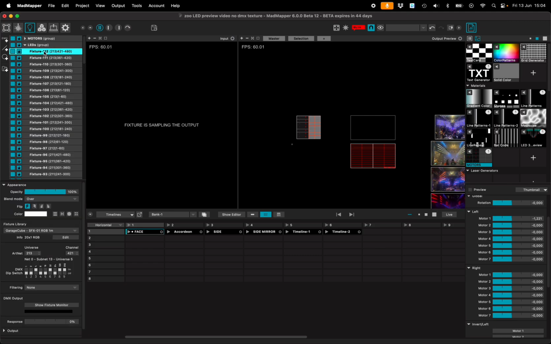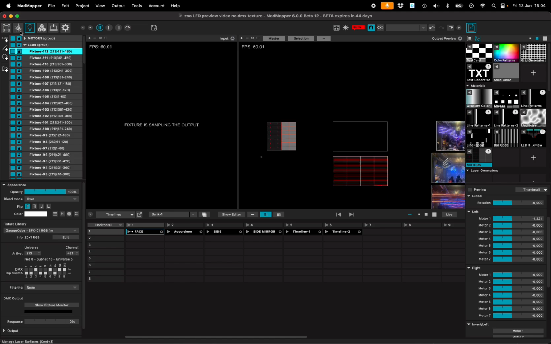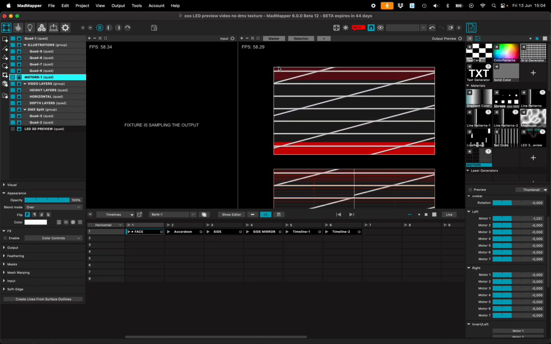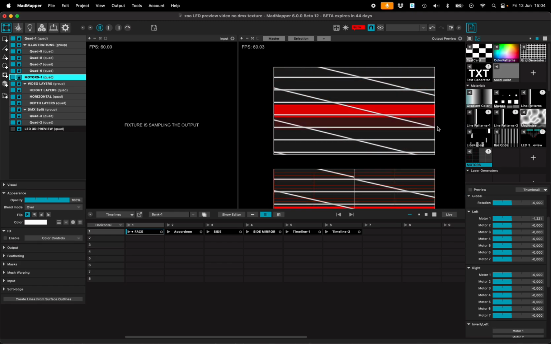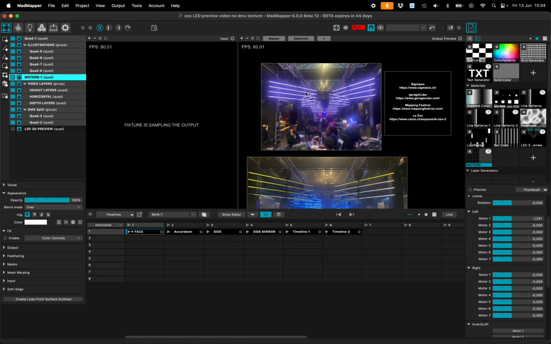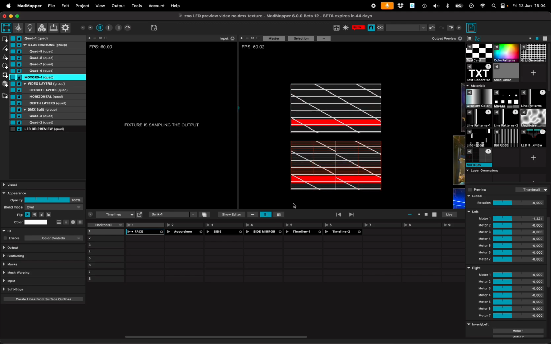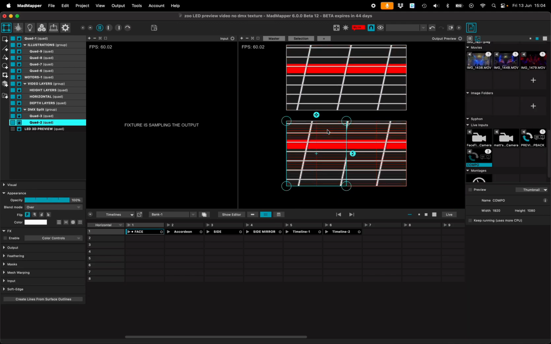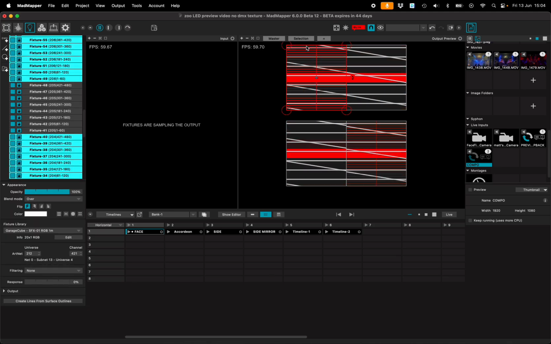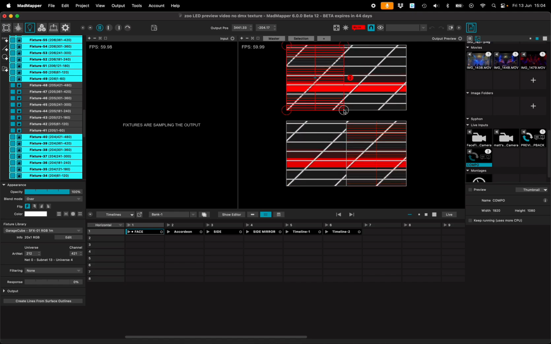So LEDs are here, and I have nothing under the LEDs actually. Let's show the video layers. So actually, I do the creation here. And because there is some space between the LEDs, well, of course, I could do something like this. I will explain the setup. If I take the fixtures and move it here, I need, because there is a space between them, I